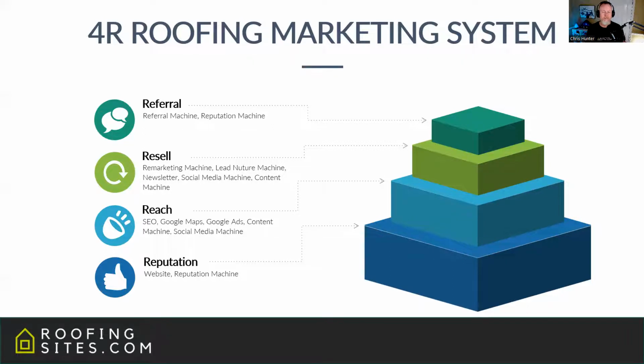And getting ranked on maps is really a huge part of that reach section. Now, we call this an evergreen marketing system simply because as things stop working, we simply take them out of our system in that pillar and replace it with something else, right? So we're always here at roofingsites.com, we're always in research and development mode, and just constantly evolving because marketing is